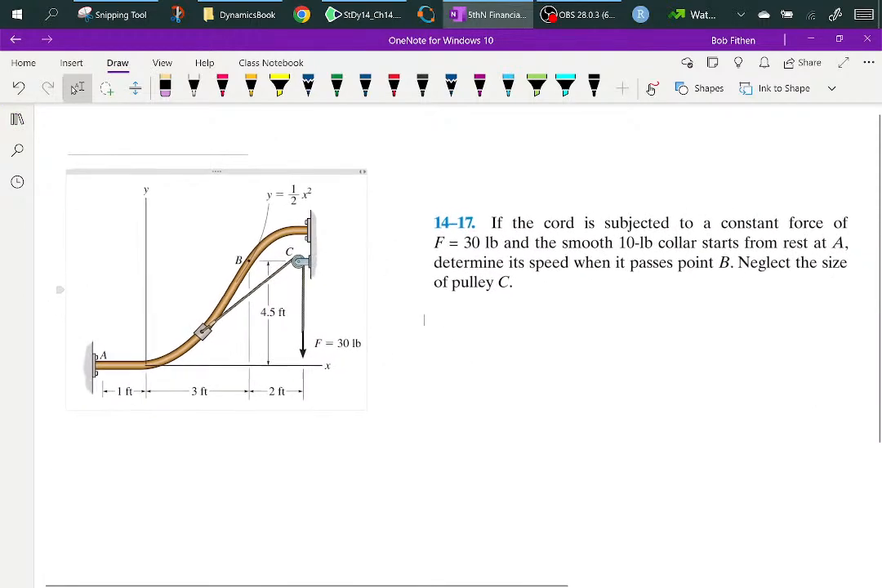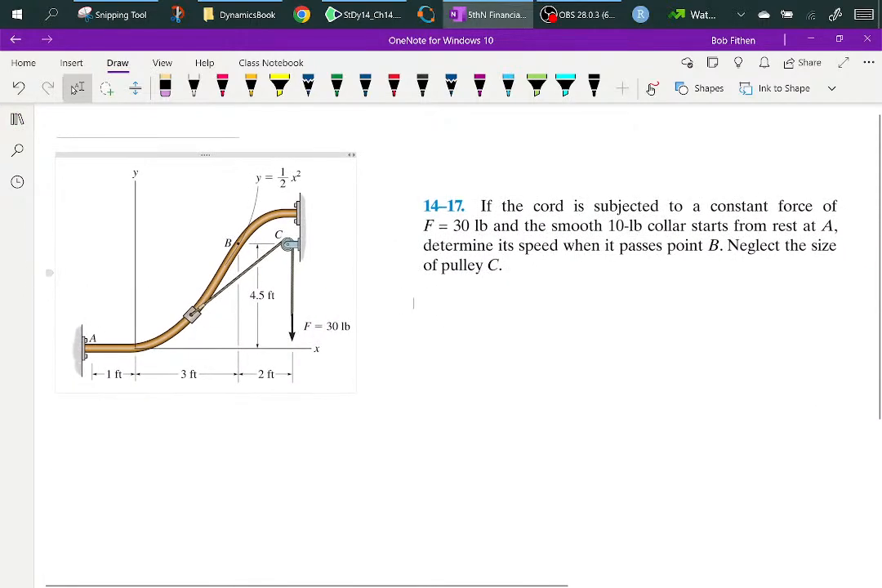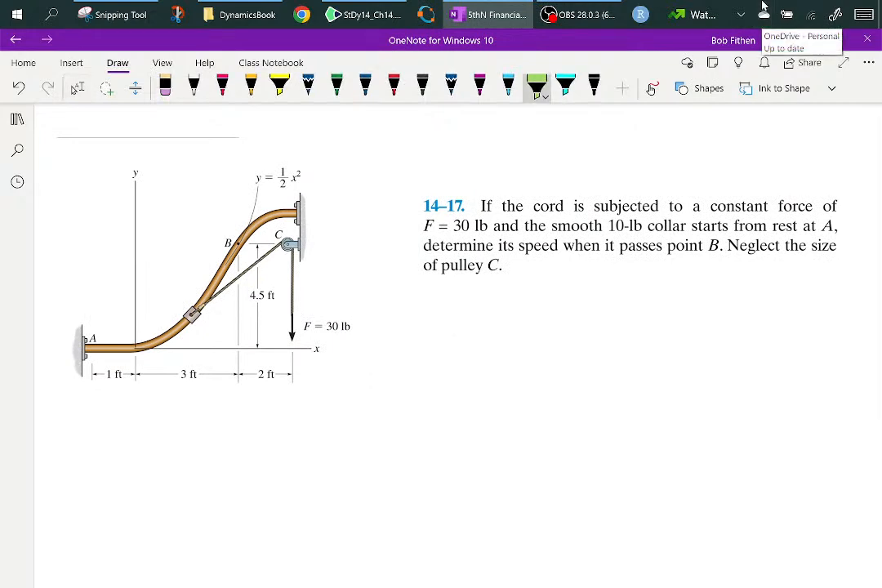So if you look at this, he says, if the cord is subjected to a constant force of 30 pounds,